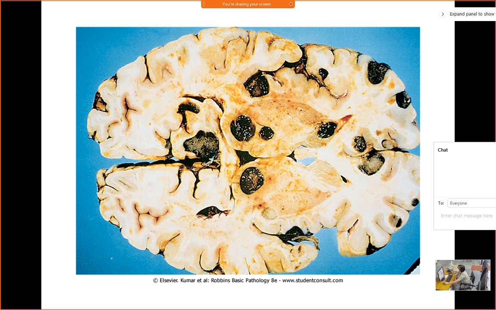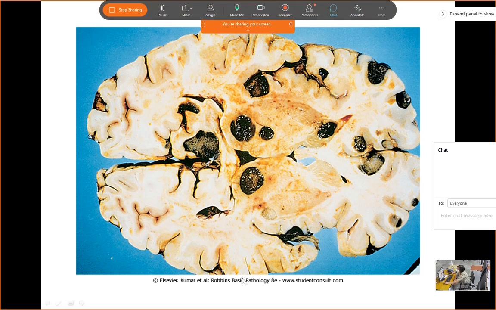Now, I wish you were there with me in the class. I would have asked you a question on this. You can all identify that this is the brain. Can anybody type in the chat box what the possible diagnosis is here? You can see that this is the brain, and there are multiple lesions. And if you notice, this is the gray zone, this is the white zone, and these lesions are mostly at the gray-white junction. There are multiple blackish pigmented lesions all over the brain. So what is the possible diagnosis here? If anybody can enter in the chat box, I'll give you 20 seconds.